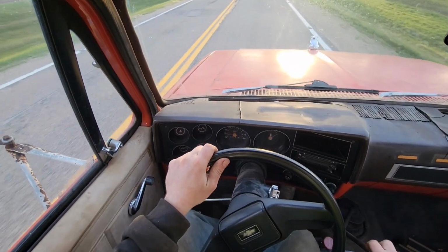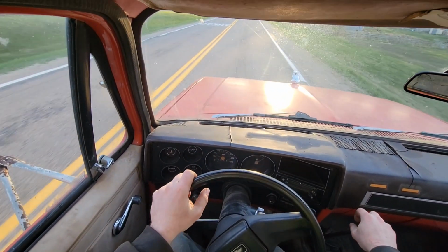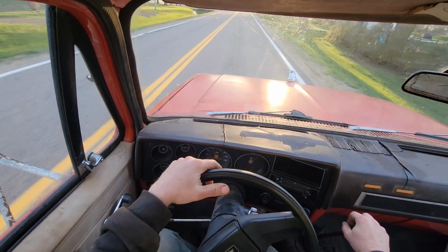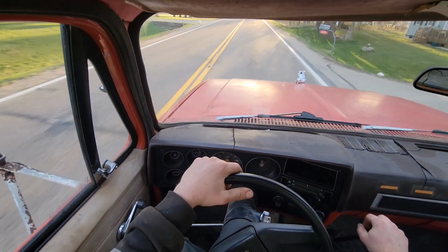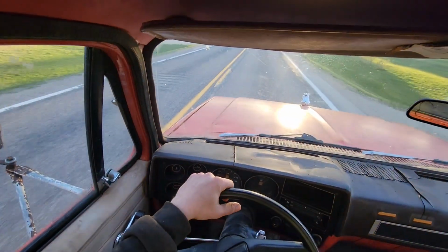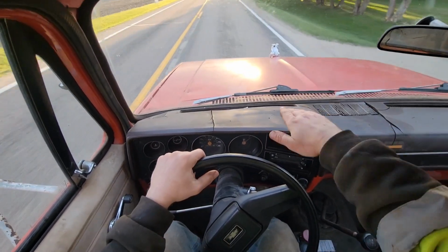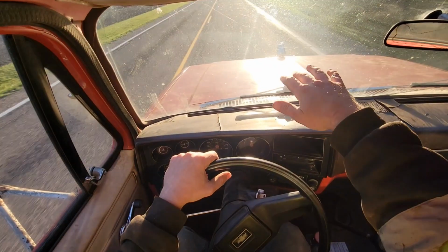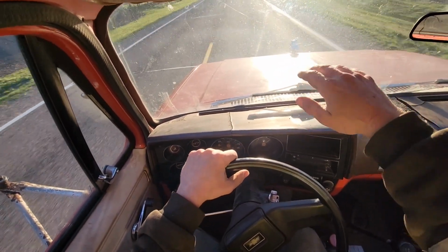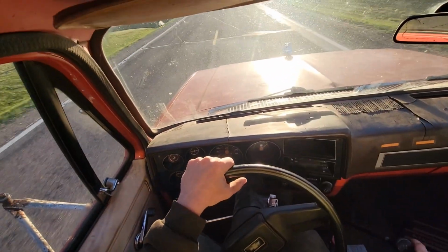All right, we got you set up on the old hat camera here. And I wouldn't say it rides good. It's still a 40-year-old truck that's made to haul thousands of pounds in the bed. So it's still stiff, but I would say it's a lot smoother, if that makes any sense. You're planted from the springs being so heavy, but it's kind of a gentle up and down, smooth motion now, whereas before it was kind of a every time you hit a bump,